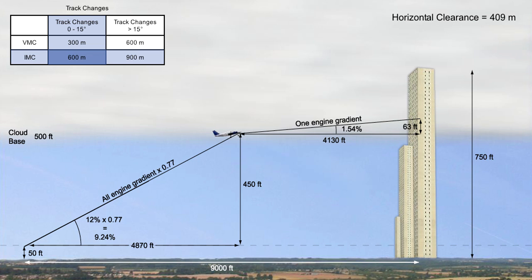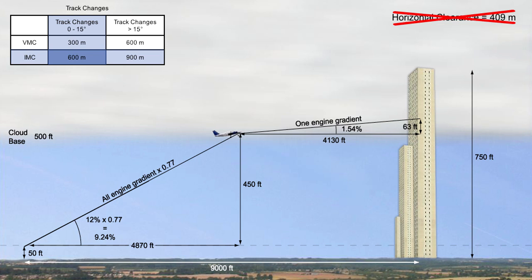Let's assume the aeroplane makes track changes of less than 15 degrees. This would mean that all obstacles within 600 meters of the aeroplane have to be considered. If an obstacle were to be within 600 meters from the aeroplane, that obstacle would have to be cleared by a horizontal margin of 409 meters. If the obstacle was further than 600 meters from the aeroplane, it would not be necessary to carry out the